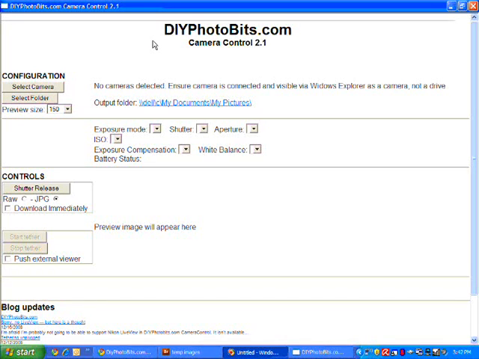Okay, here is the script running. So we have the camera plugged in, but the camera's not turned on yet. So let's turn the camera on now. Now the camera is in PTP mode, not mass storage mode. So when you turn it on, when it's plugged in via USB, you may get a dialog box pop up that asks you what kind of thing you want to do with this, like, download the images to,